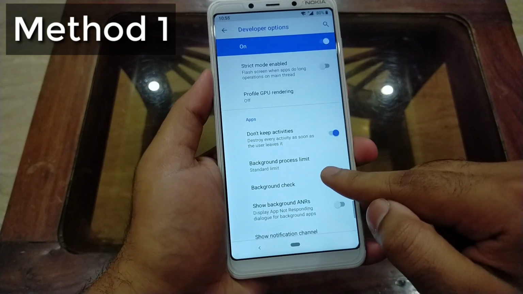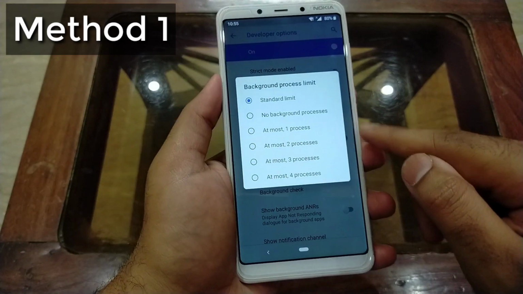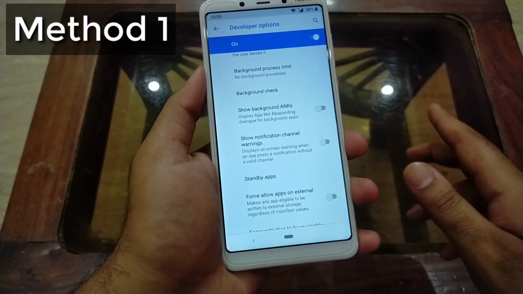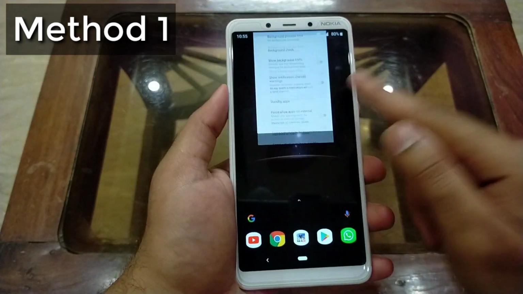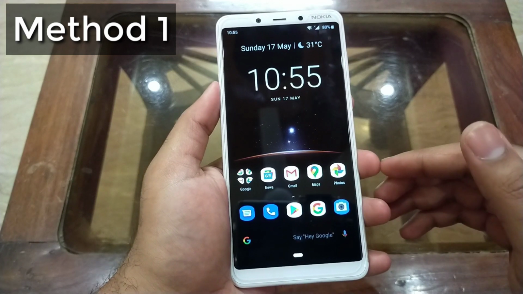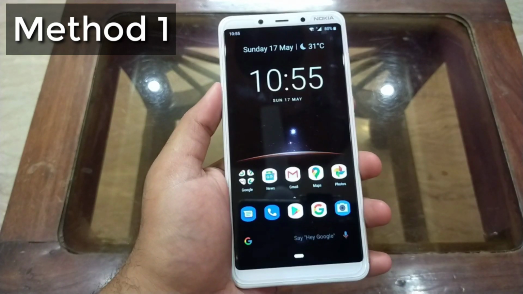And here is an option background process limit, so open it and then click on no background process. And after doing these settings you can play games smoothly without lag, better than before on any Android device which at least has 1 or 2 GB of RAM.